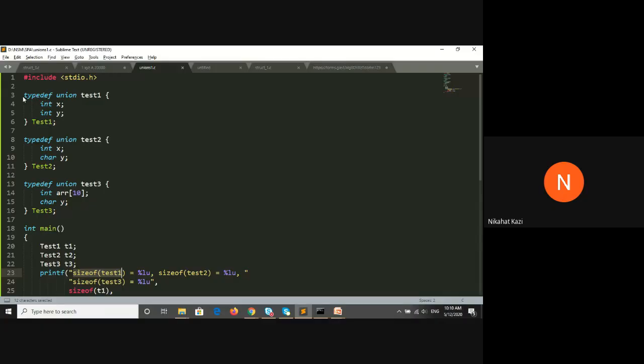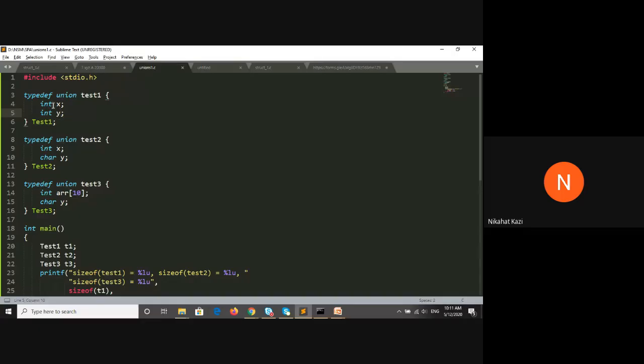In this program, using the same syntax I showed earlier, we have created three different unions and we will find out the size. In the first union, Test1, I will not use union Test1; I will use the capital T Test1 later on to declare variables of this union. There are two variables, and both have the same type, int.